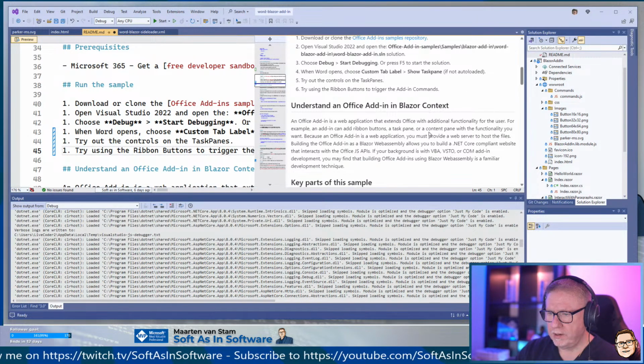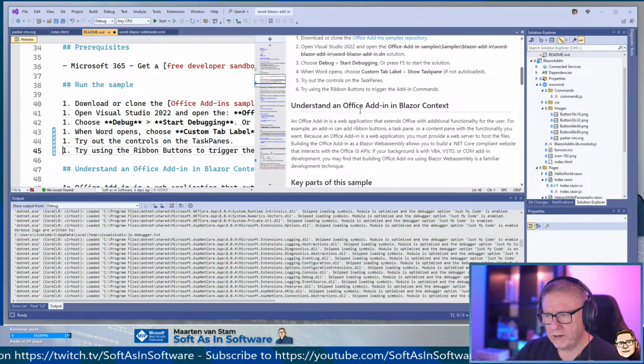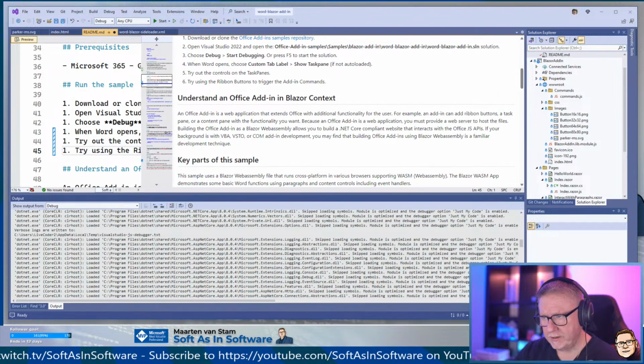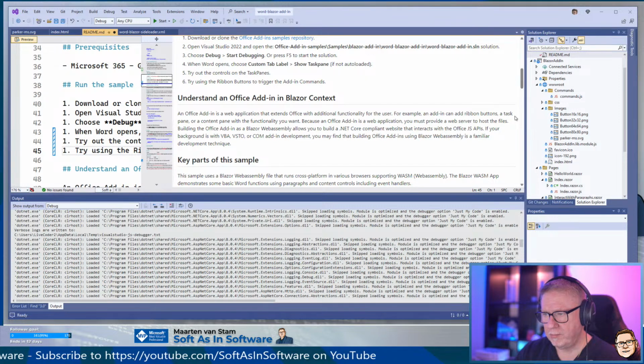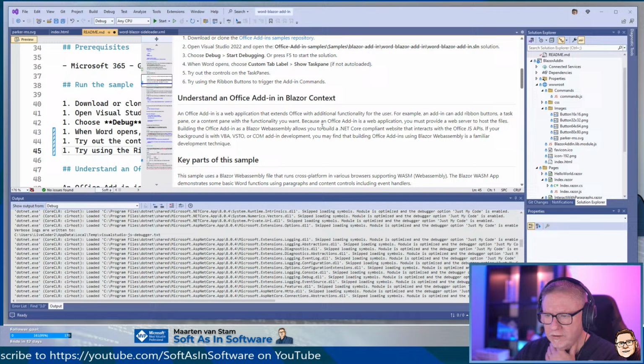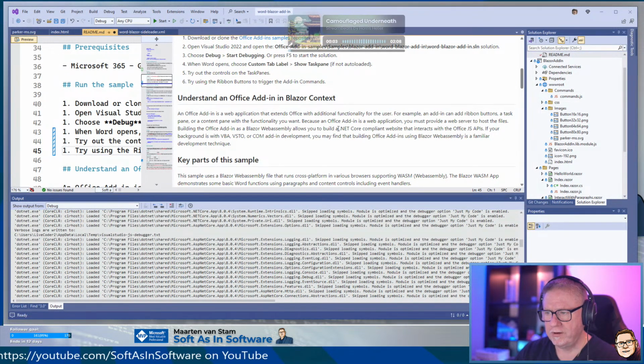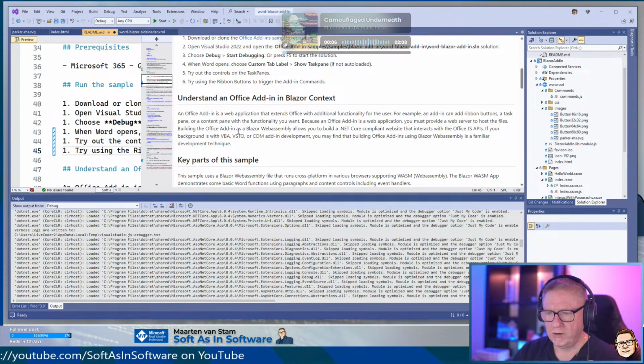Understand an Office add-in in Blazor context. An Office add-in. Let's make this a little bit wider again. An Office add-in is a web application that extends Office with additional functionality for the user. For example, an add-in can add ribbon buttons, task pane, or content pane with functionality you want. Because an Office add-in is a web application, you must provide a web server to host the files. Building the Office add-in as a Blazor WebAssembly allows you to build a .NET Core compliant website that interacts with